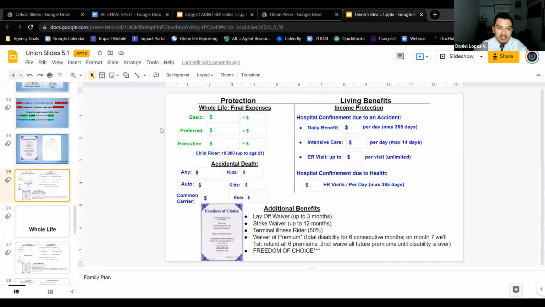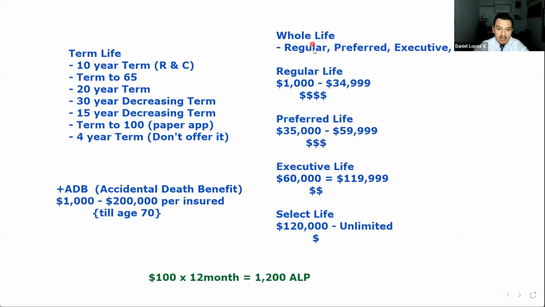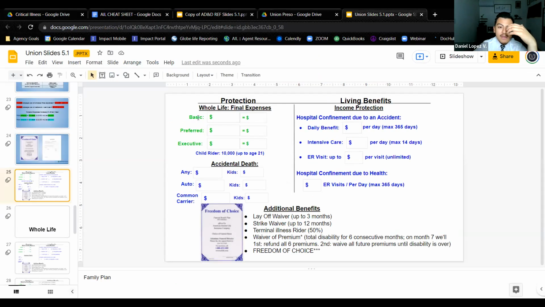Now here are the actual terms for insurance for us: regular, preferred, executive, select life. When we pitch to the client, we don't use these actual terms. We make new terms. We label them differently: basic, preferred, executive. Just like when you go to a car wash, you'll see express, basic, luxurious, executive, CEO, I don't know. You'll see different labels. In reality, it's just more soap added.